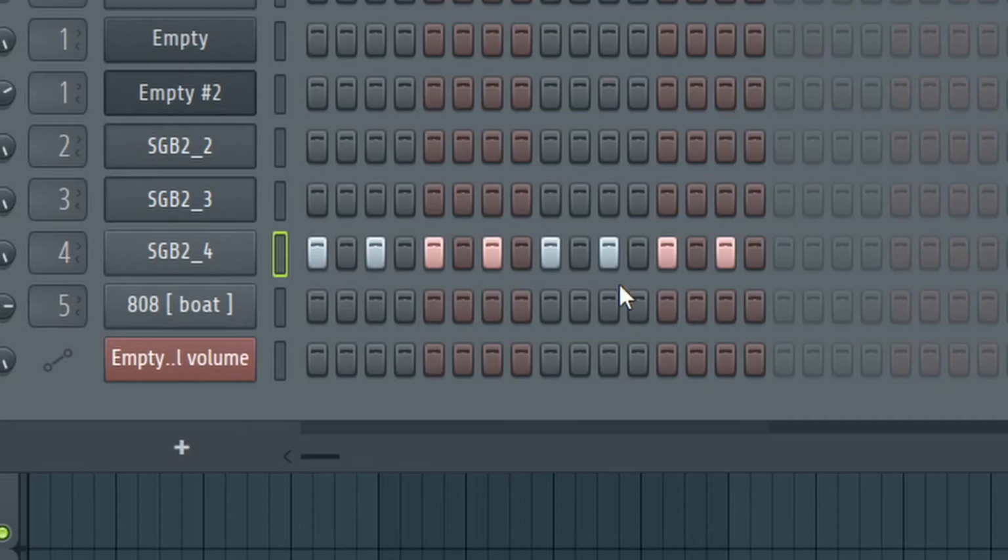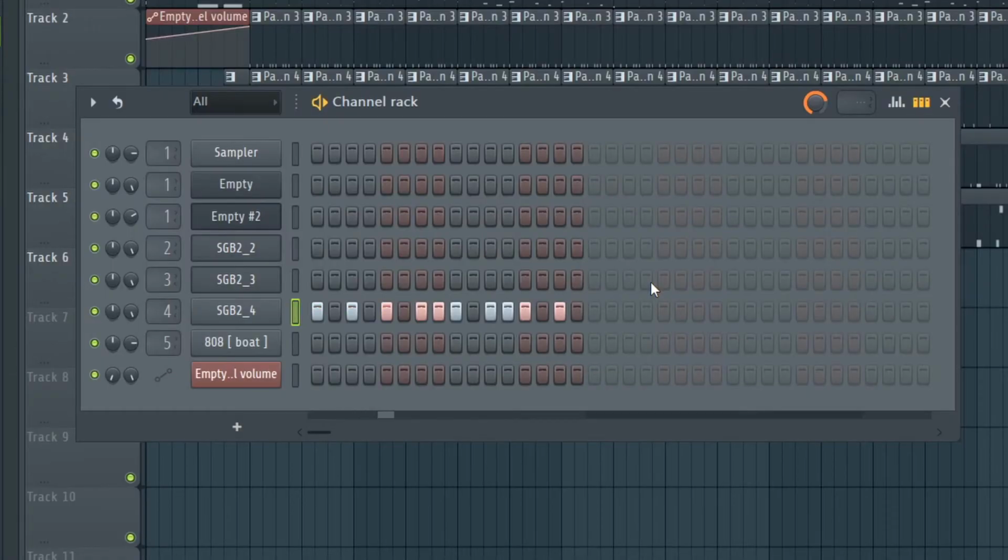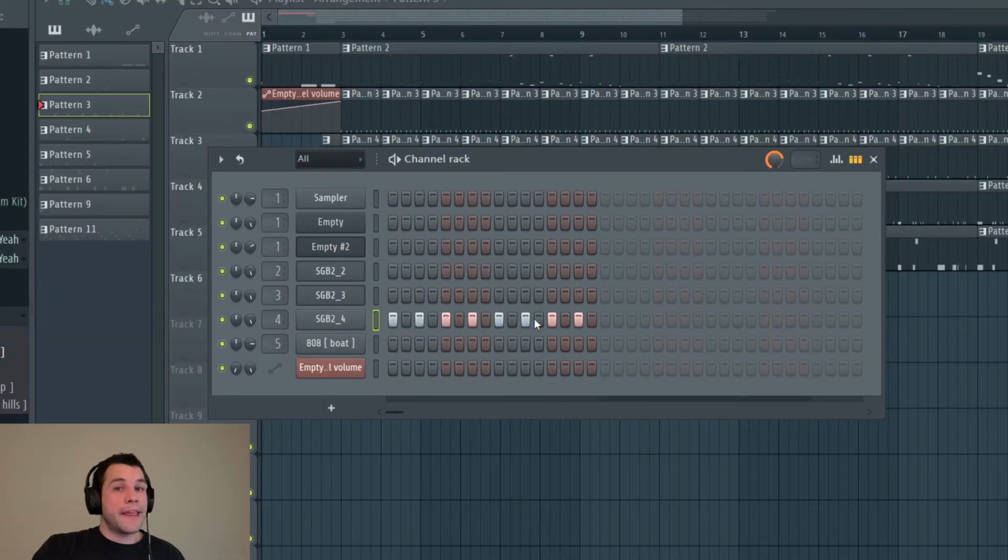When you're dealing with swing, it doesn't affect the first and the third step. It only affects the second and fourth one. So if I were to put in a couple random hi-hats here, you'll notice where it hits weird. Now, maybe you want that in your beats. I typically don't like it, but what I like about the swing effect for Boom Bap beats is more with